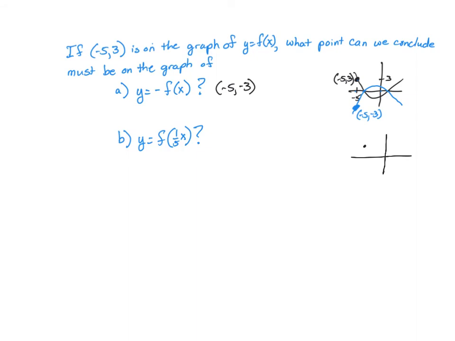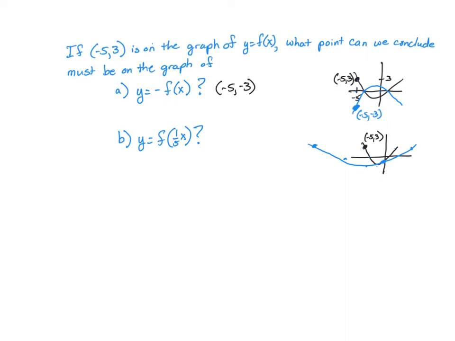I know I had this point right here at negative 5, 3, and I just drew some somewhat random function just because it helps me think it through. And I'm thinking this is getting stretched way out. So this one is now way out here. This one is way out here. This point would be unchanged. This would be way out here. And this would be way out here. I would have a graph that would look something like this,